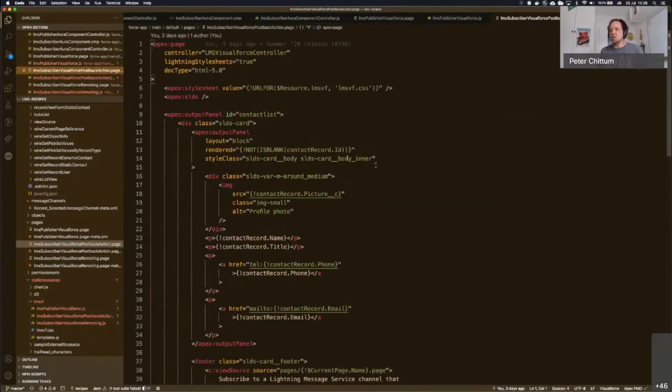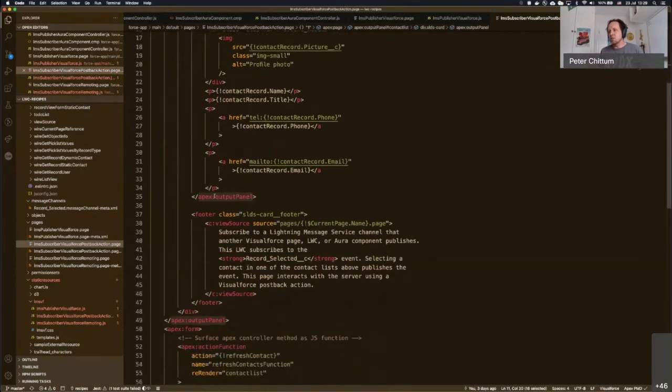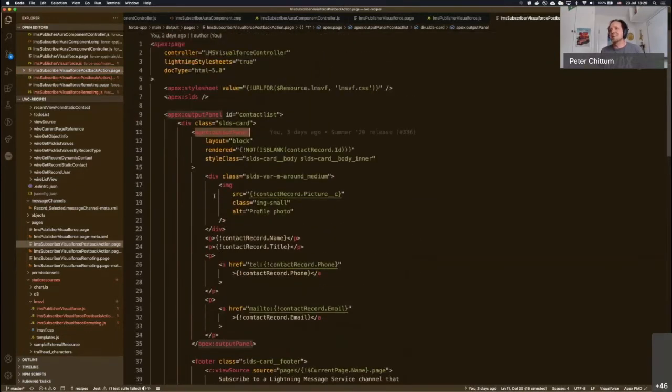And what you'll see here is there's a lot more Visualforce in this. So there's an output panel. Let's see. I guess that's really the only thing I ended up using. There was a version of this that actually made use of a fair amount of page block stuff, and then I decided on output panel. In any case,